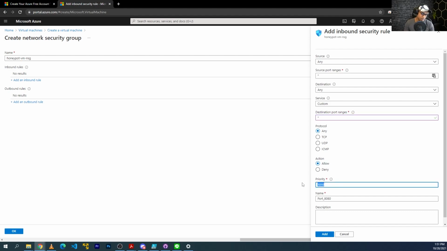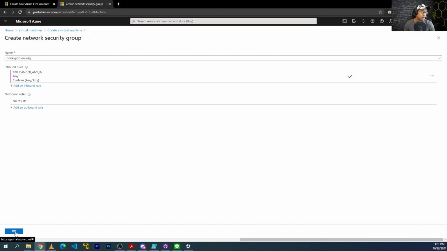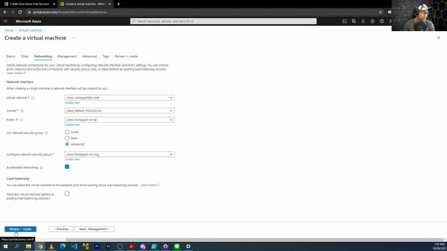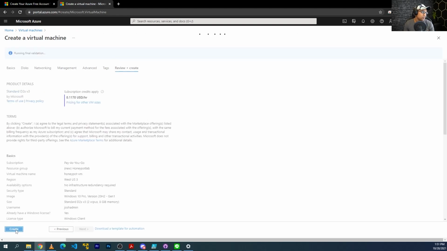Action allow, priority, we'll just make it low, like 100. And then the name doesn't matter. I'll just name it like danger any in, something like this. This is going to essentially allow all traffic from the internet into our virtual machine. And the point of this is for our lab, go ahead and click review and create, and then click create